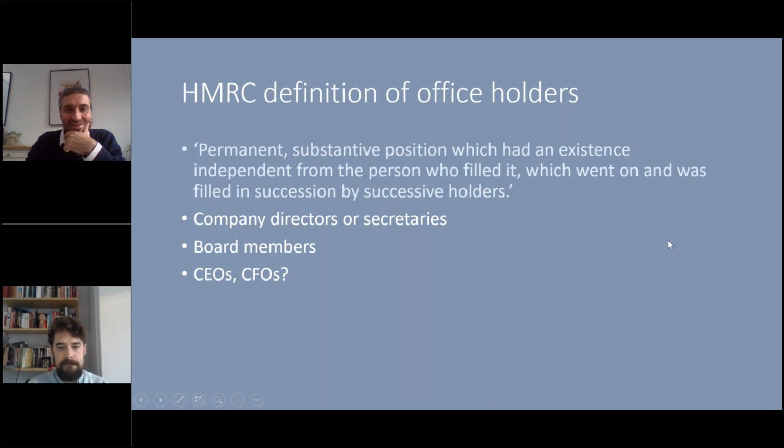I'm just not sure that convincingly explains what an office holder is. There is guidance on gov.uk about what an office holder is, and they do talk a lot about board directors, company secretaries. Where it is definitely unclear, and possibly because they're not automatically office holders, is interim CEOs and things like that. But they are often mentioned in the articles of the organisation, and therefore you begin to think, well, is this an office holder?